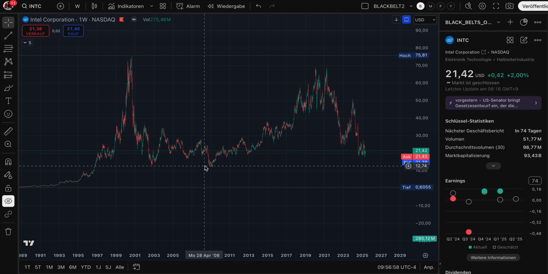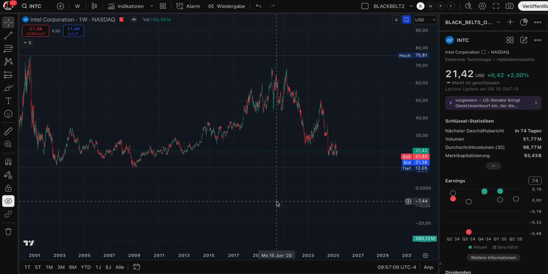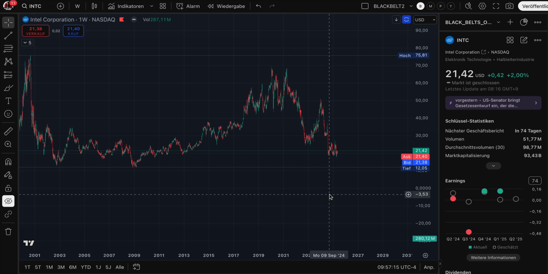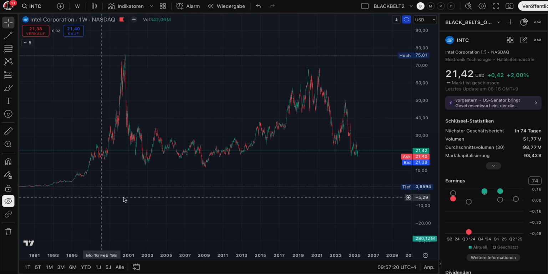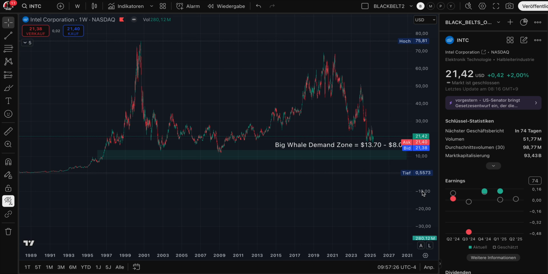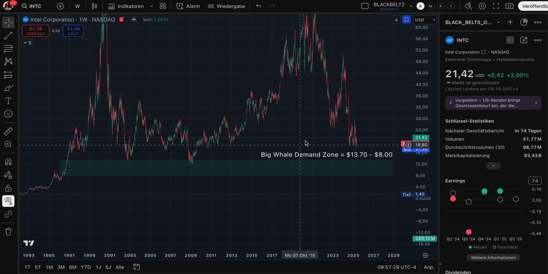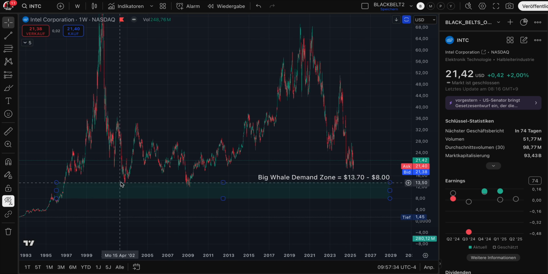That was $13, and in this case we talk about $12, $11.95. You can see the all-time low is 60 cents, but I don't think that we need to focus on that. So when we talk about the last 25 years, Intel has never been lower than 12.05 US dollars. We're trading now at $21, and what usually happens if you talk about trading algos is that the algos try to create higher lows. So if we are in a bullish structure, and we are, guys, that means we should just build higher lows, higher lows, higher lows.